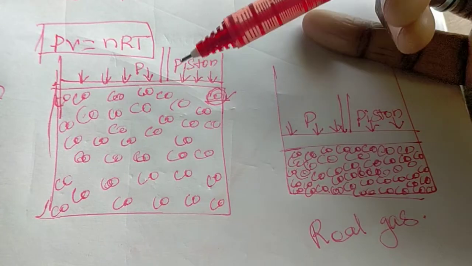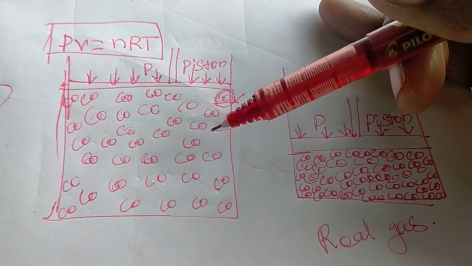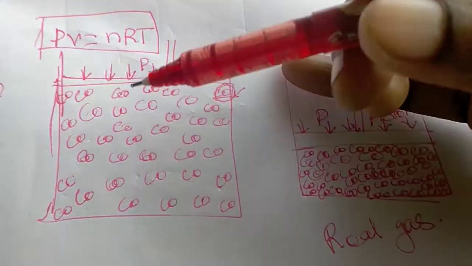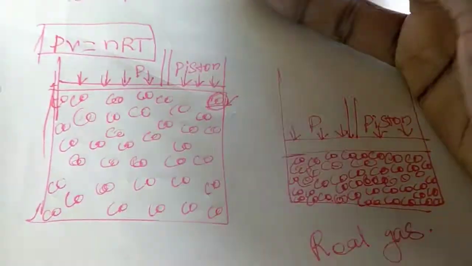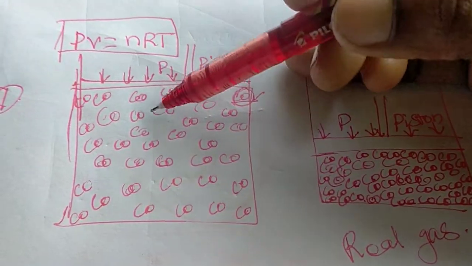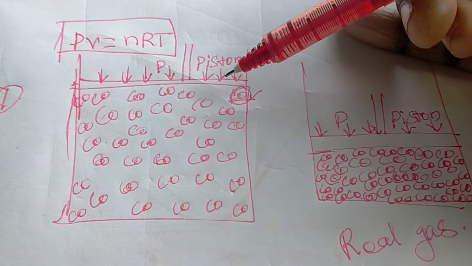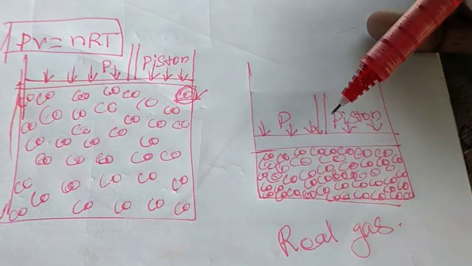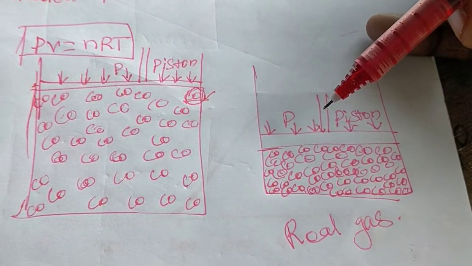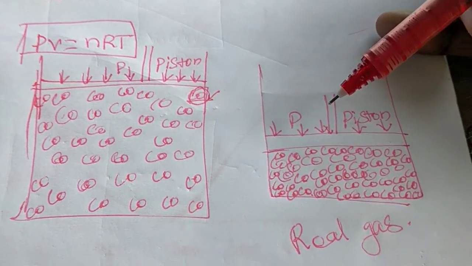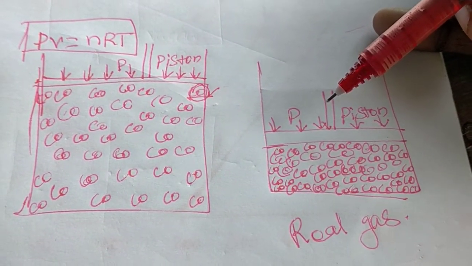You can see that because of the low pressure applied on the system, the molecules have some space between each other. But here you can see that by applying more pressure, that means increasing the level of pressure in this system,